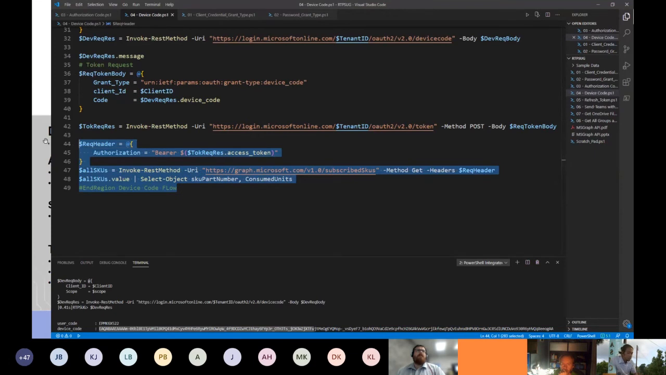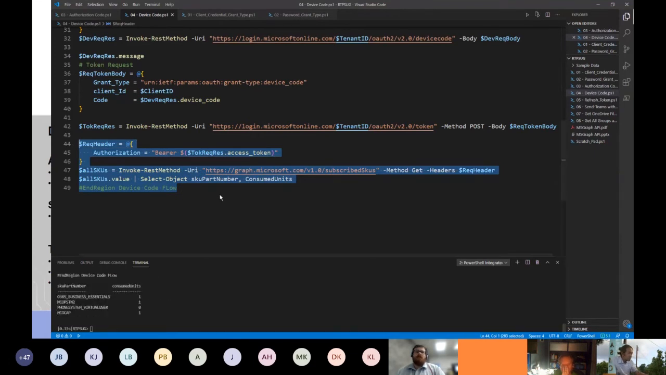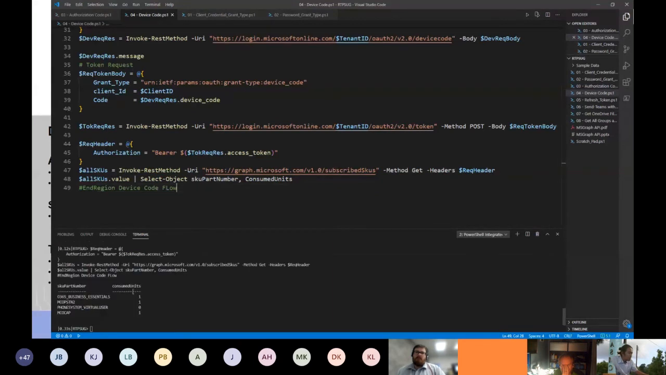Then let me use that token to grab all my licenses. That works. All right. So I mentioned earlier that your access token is only valid for an hour, right? And then all right, what I'm gonna do now? What's gonna be happening is